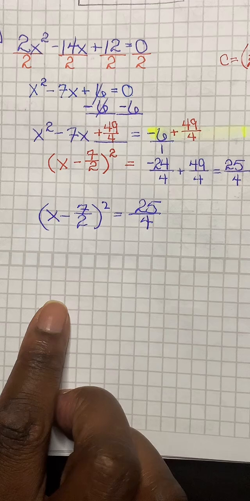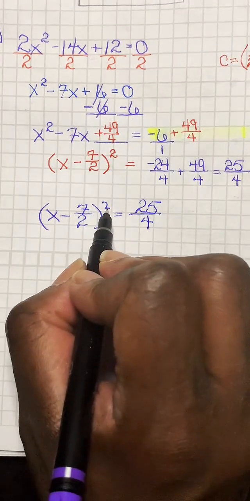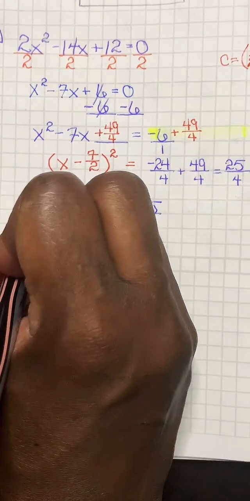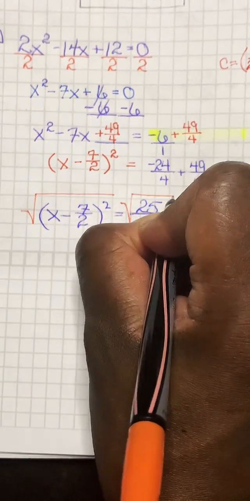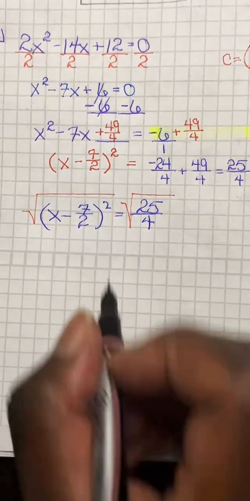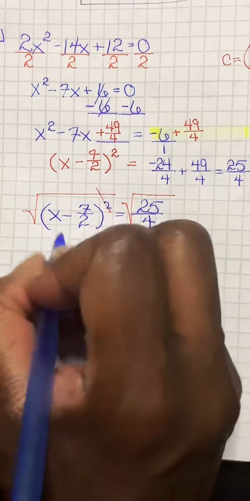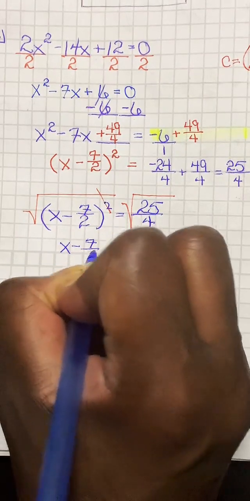There you go. Yes, we got to do the square root. In order for us to get rid of the square, we need that square root. So we're going to take the square root of both sides. So the square and the square root, boom, cancels out. So that's going to leave me with x minus 7/2